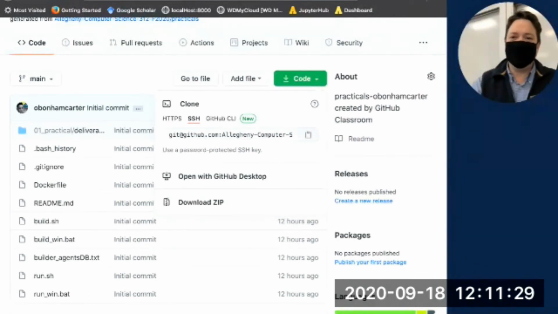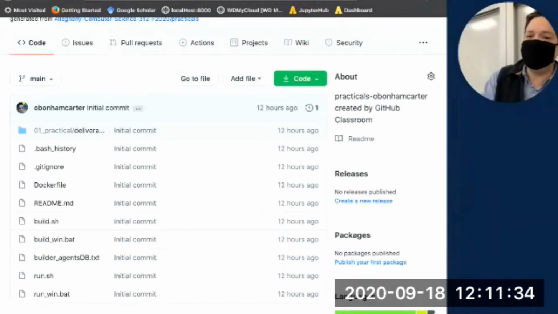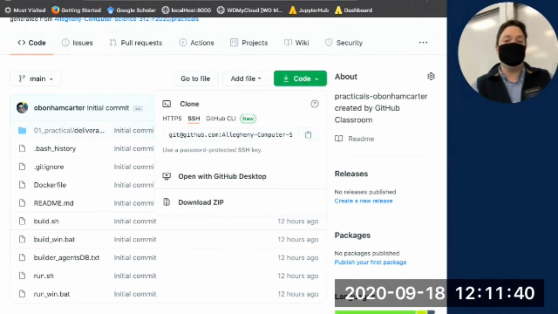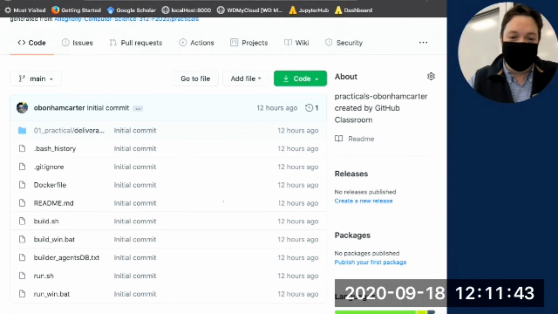But when I click on this button here called code, which is the green button, or maybe, can you see that? You can see this sometimes, but not always. Oh, I guess you can now, okay. All right, good news. So when you clone this thing here, I'm going to take you back and show you some